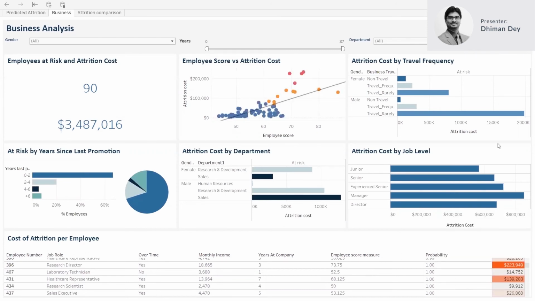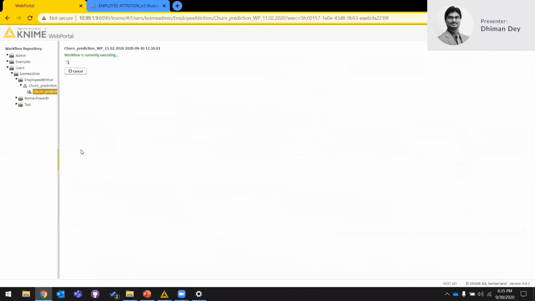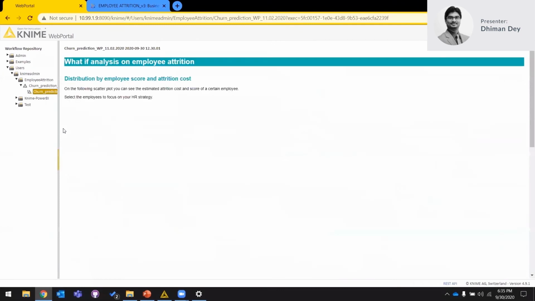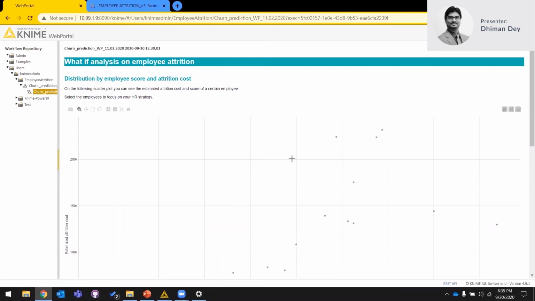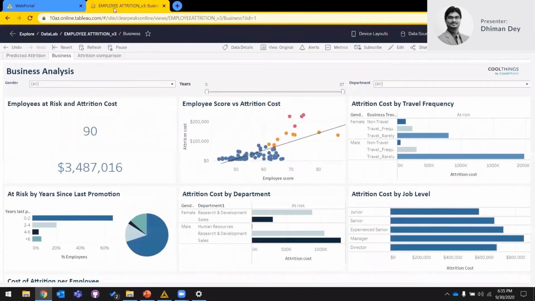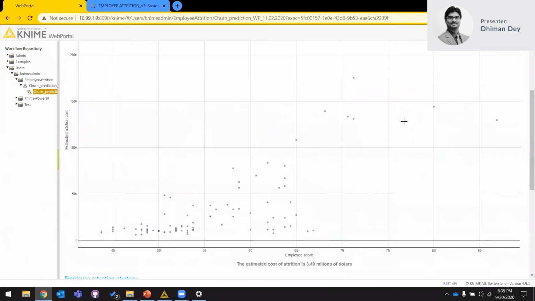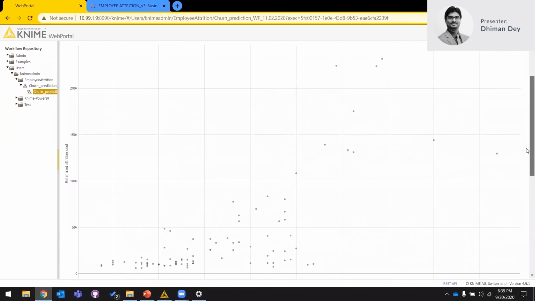So what we are going to do is jump back into the web flow that we had. We are going to click next, and here is what we spoke about regarding the simulation area. If you remember, this is the same visual that we had earlier. This is basically the value and cost visual, but on a much larger canvas.